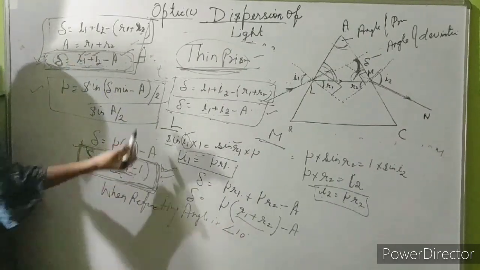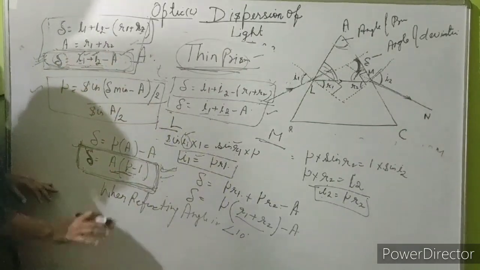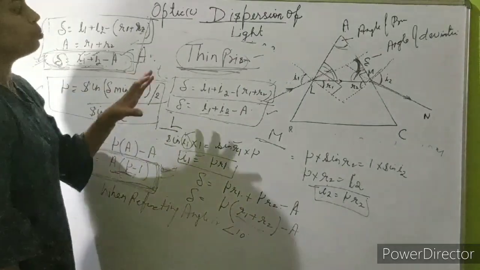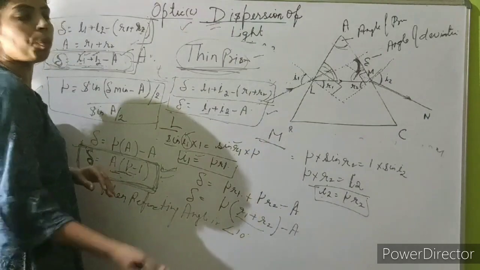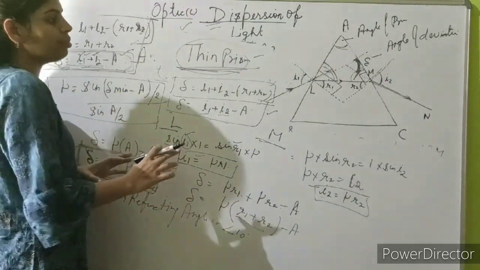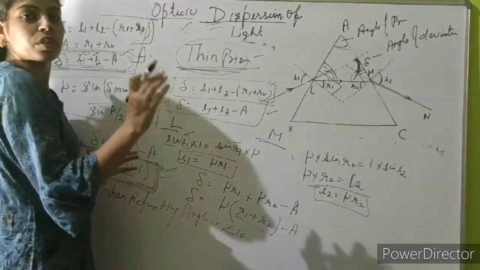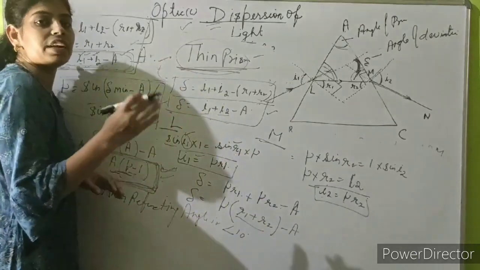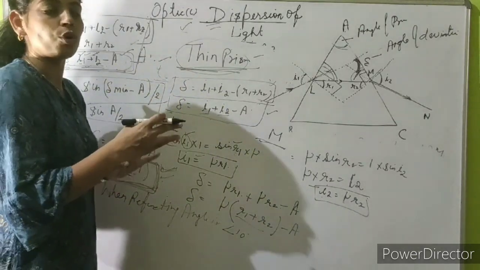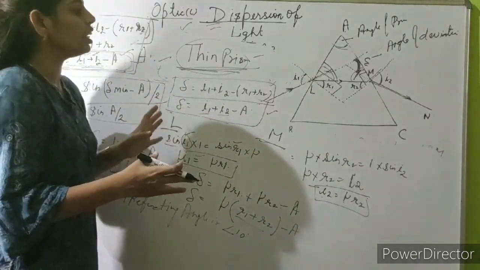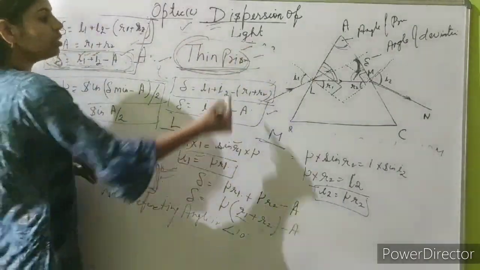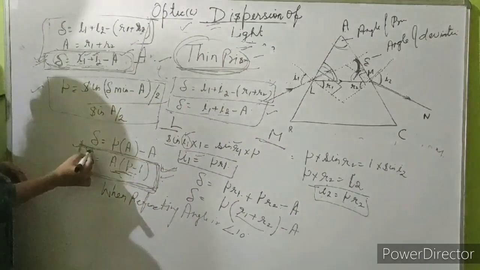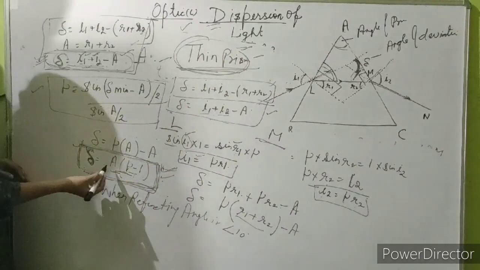So this was all about the prism. In dispersion of light, we have covered one topic related to refraction through a prism. Then we derived the prism formula. Then we studied the case of the thin prism. In the thin prism, the equation for the angle of deviation is mu